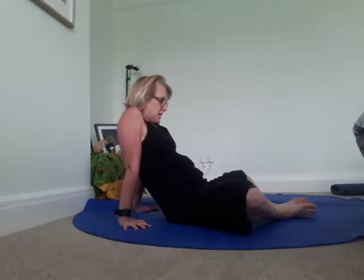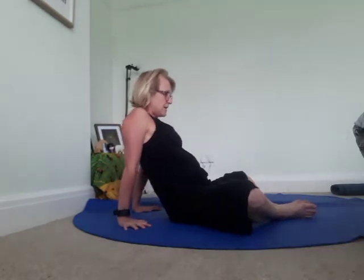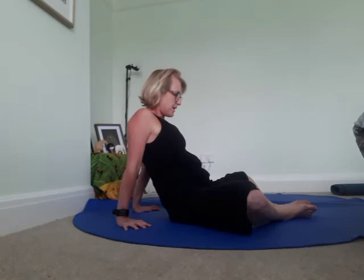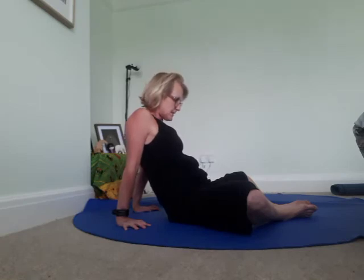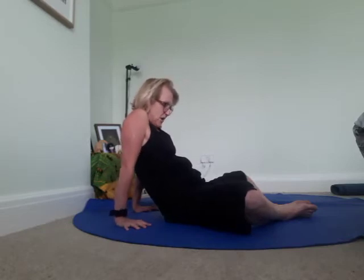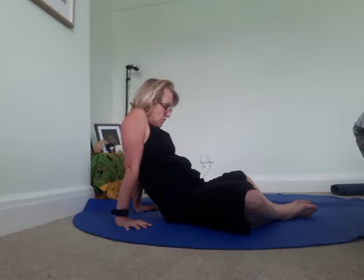And what we're going to do now is, I just want you to think about your hands. And all I want you to do is just take an exhale and just allow yourself to rest. Just to begin to let your spine relax down into that space between your arms. And you've actually dropped your pelvis back and your ribs will come closer to your pelvis and you're looking down